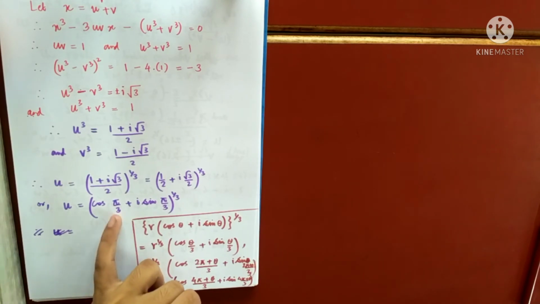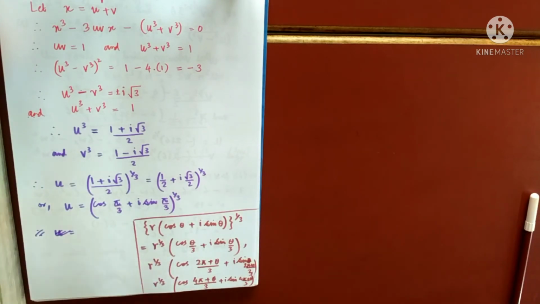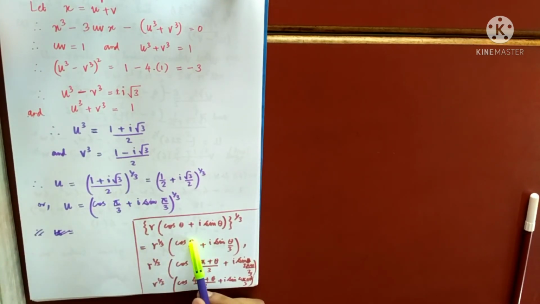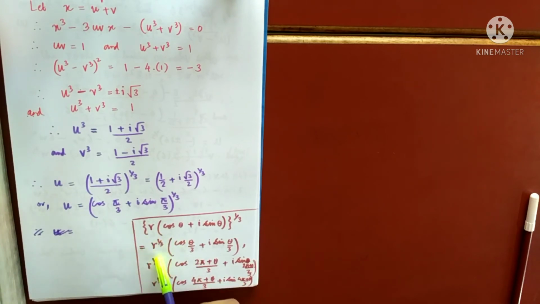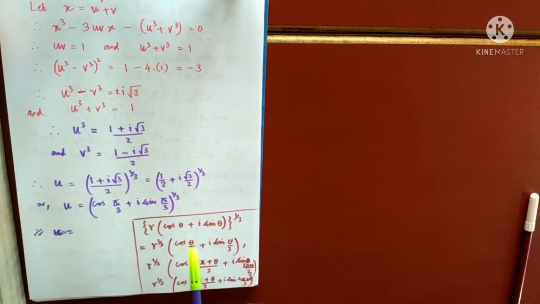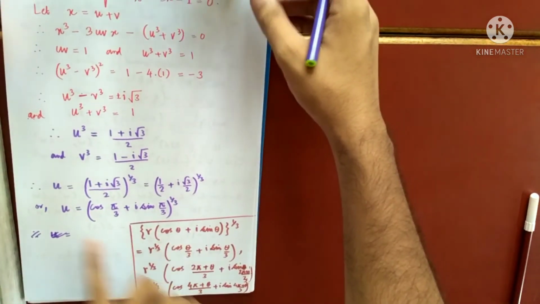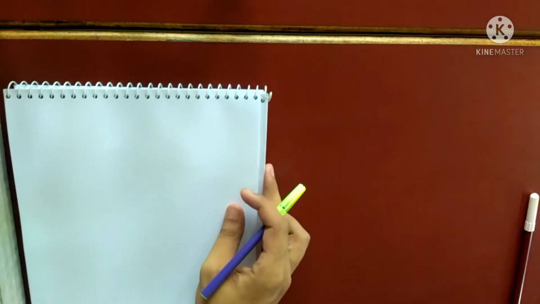So here theta is pi by 3. So let me write in the next page only. So remember, once you do theta by 3, here the number is 1, so don't care about this. So here theta is pi by 3. So remember, this is pi by 3 by 3, that is pi by 9. 2 pi plus pi by 3 by 3, we have to simplify all those things. So let's simplify this. Just have a look once and then we can simplify it. So let's apply this to u.